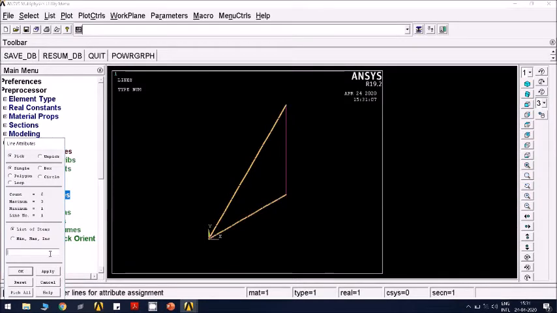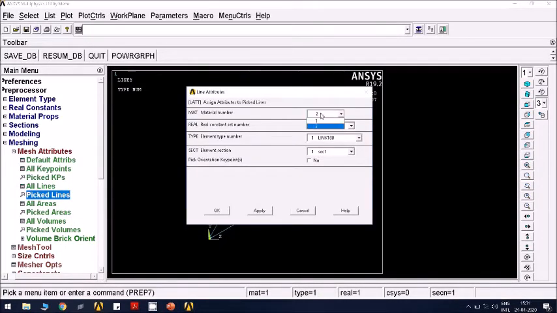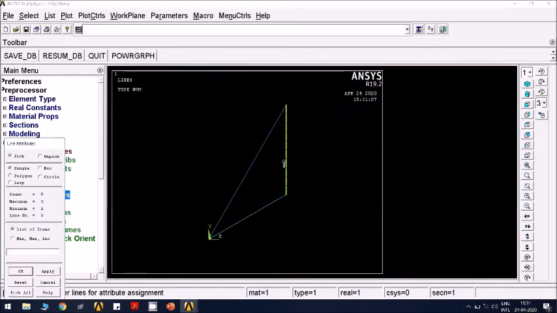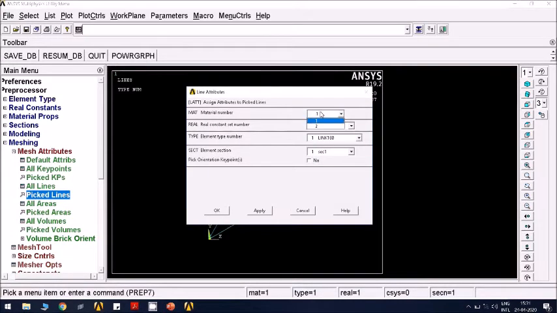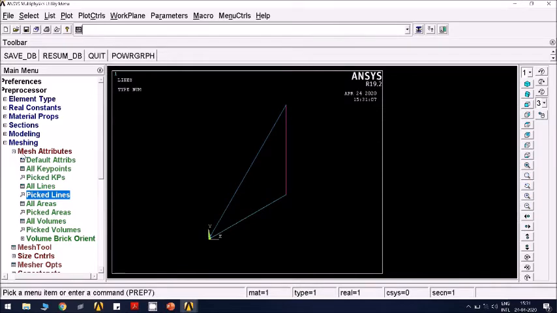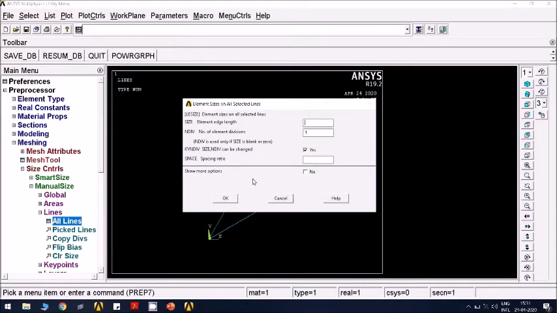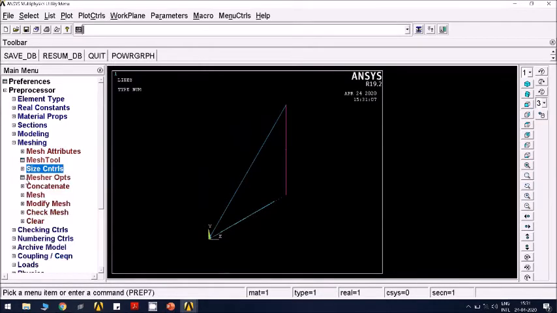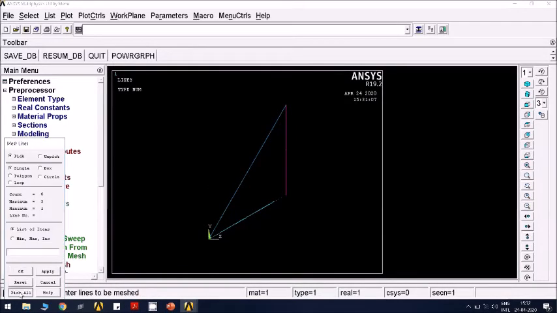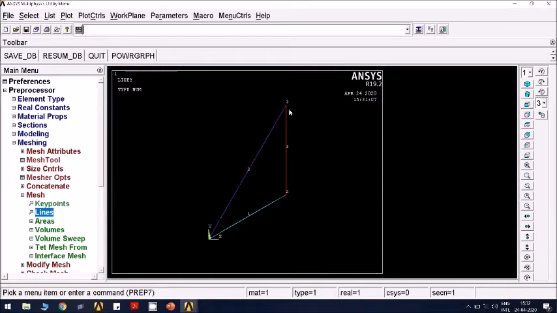First these two lines are made up of steel, so material number 1, section 1, apply. Central element we choose, change it to material number 2, that is aluminum, section 2, click OK. Size controls, all lines, number of element divisions 1, click OK. Mesh lines, pick all. This is a meshed model. You can see the element numbers and node numbers now.